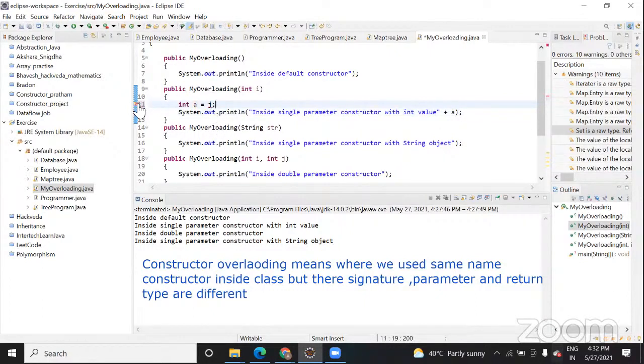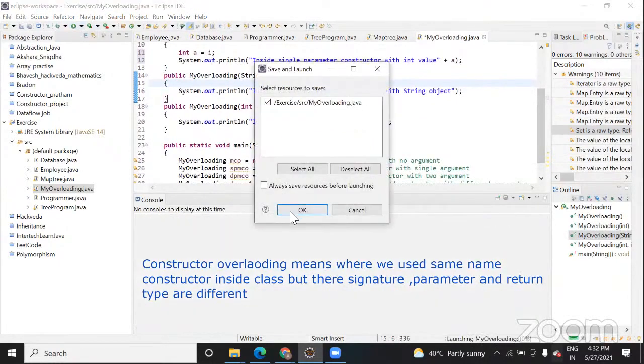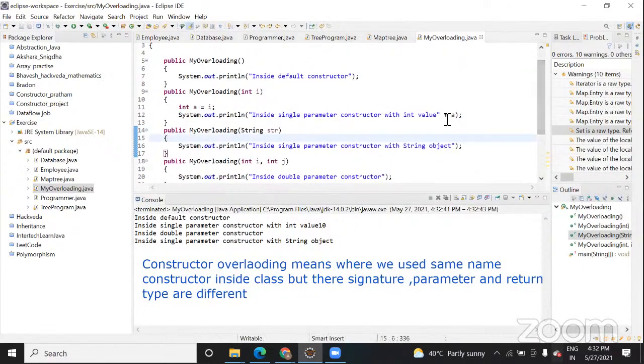Sorry, J cannot resolve. Okay, sorry, here I is. Similarly, now when I run it, it's showing 10. So this way you can initialize a value and you can print it.